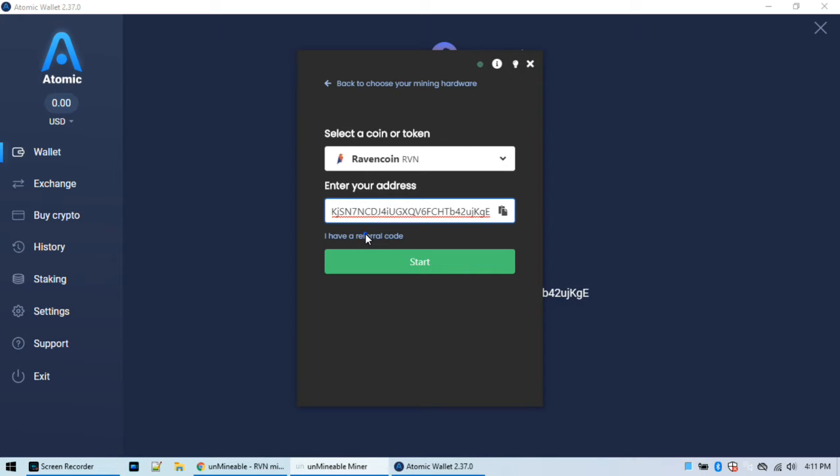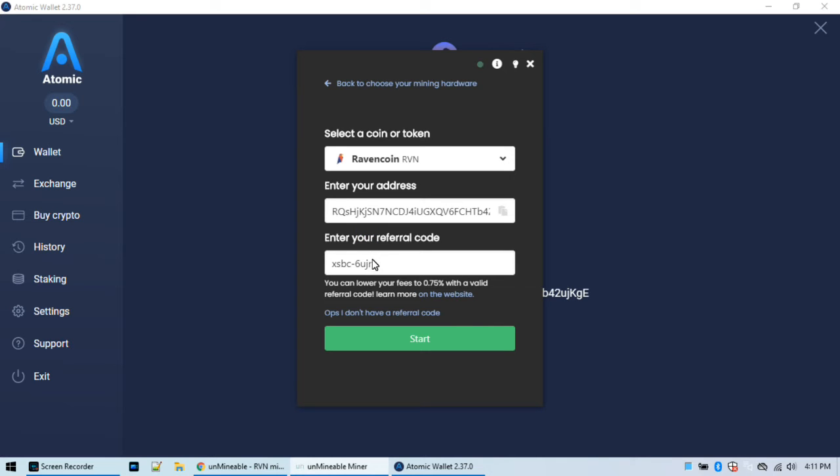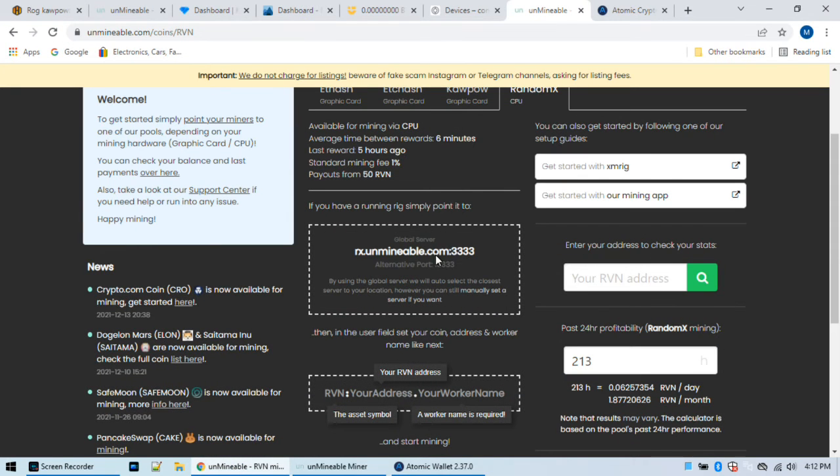Now, there is a referral code that you can use. And if you go to Reddit and you find the Unminables Reddit page, there are users out there that share their referral codes. Now, when I mean a referral code, if we go back to their website,